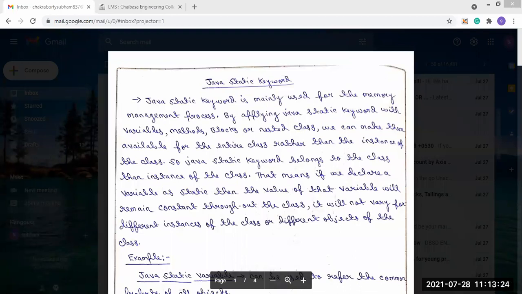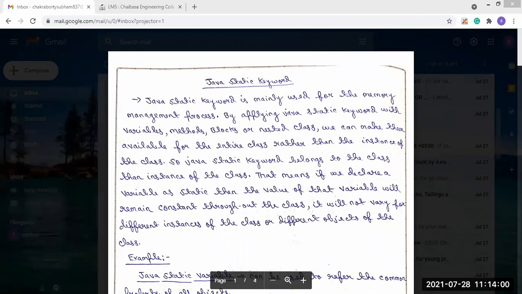By applying the Java static keyword with variables, methods, blocks, or nested classes, we can make them available for the entire class rather than the instance of the class.